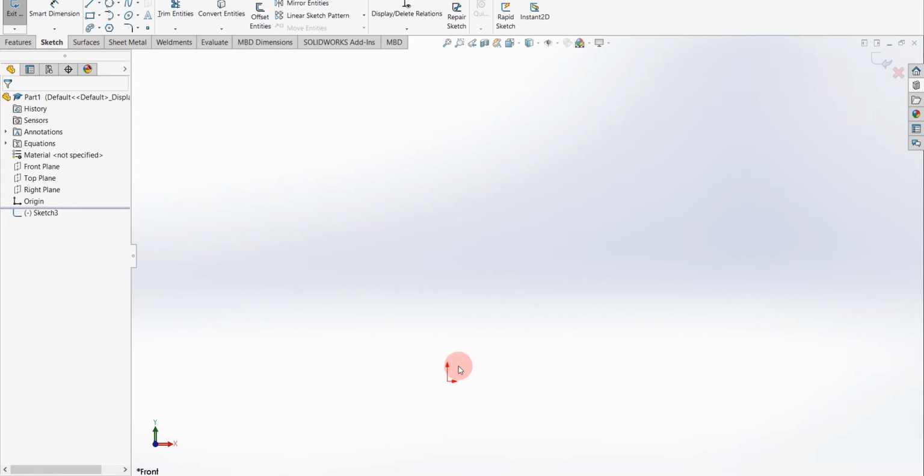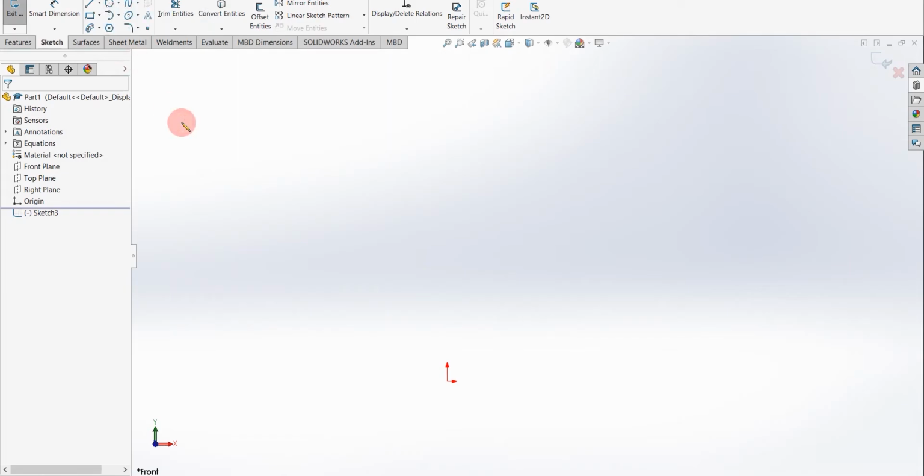I suggest that whenever you start a drawing, suppose there is a circle in your drawing, and the circle is at the top end of the drawing, you just select the circle and construct the circle using the origin as the center point of that circle.